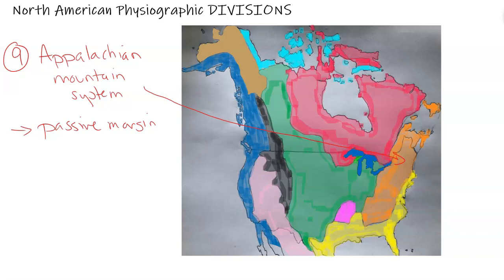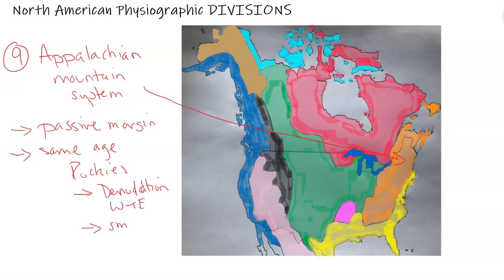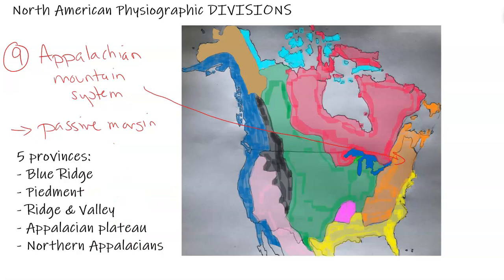So these mountain ranges are the same age, which is kind of cool, same age as the Rockies, but based on denudation, weather and erosion, they're a lot smaller and more smoother than the Rocky Mountains. So as this division covers a large area, again, from basically,